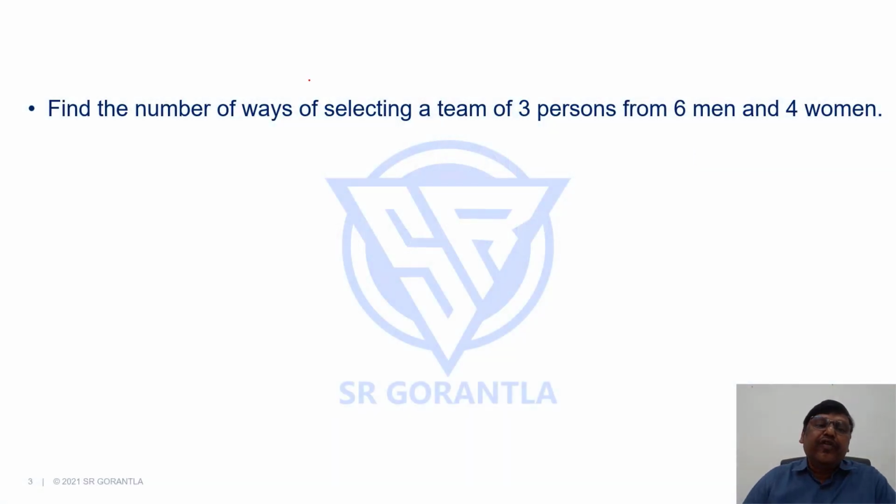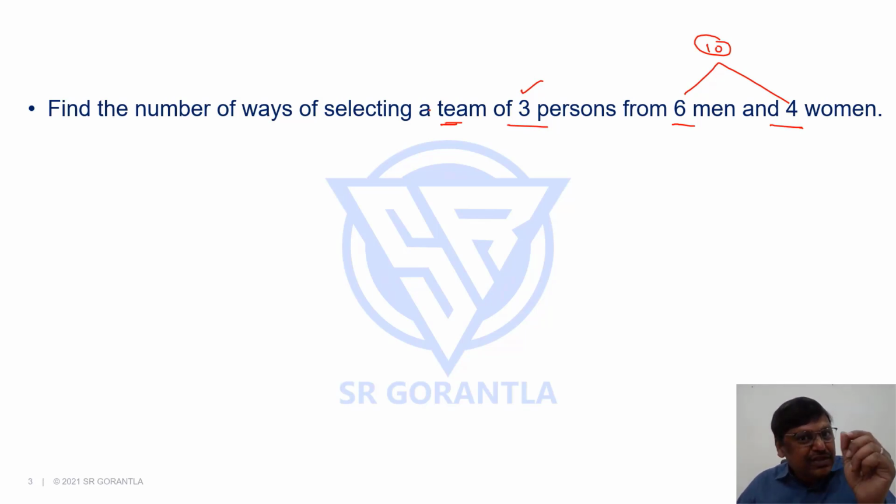The first question: find the number of ways of selecting a team of 3 persons from 6 men and 4 women. We have 6 plus 4, total 10 persons, and we need a team of 3 persons. Here, there is no specification that the team should have this many men or this many women. Since there is no condition as such, it is as good as simply selecting 3 people out of 10 people,